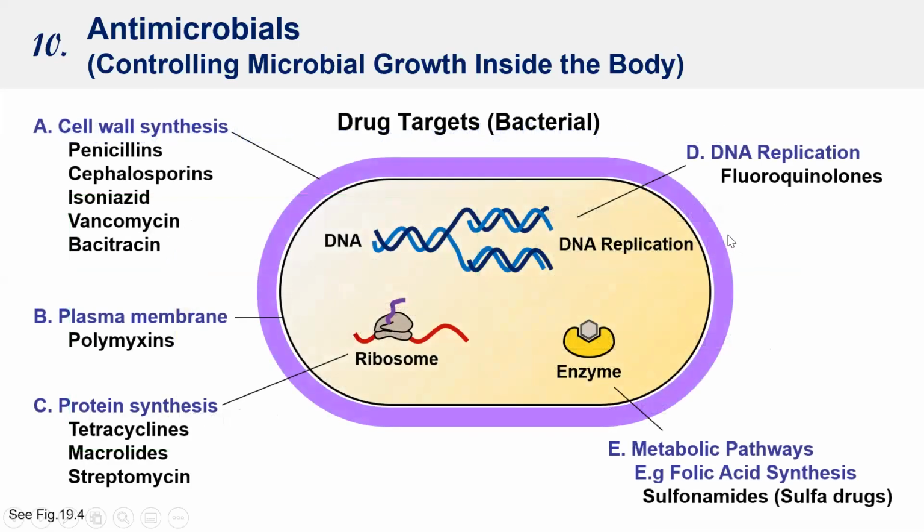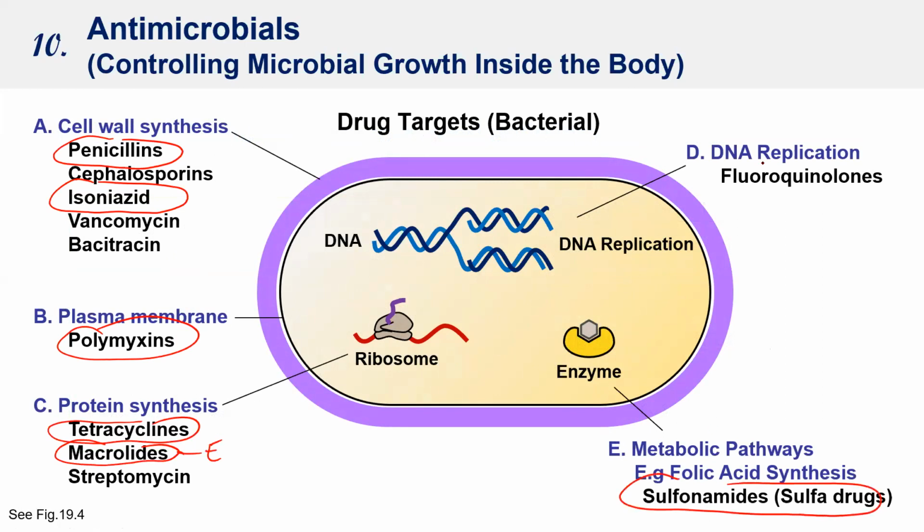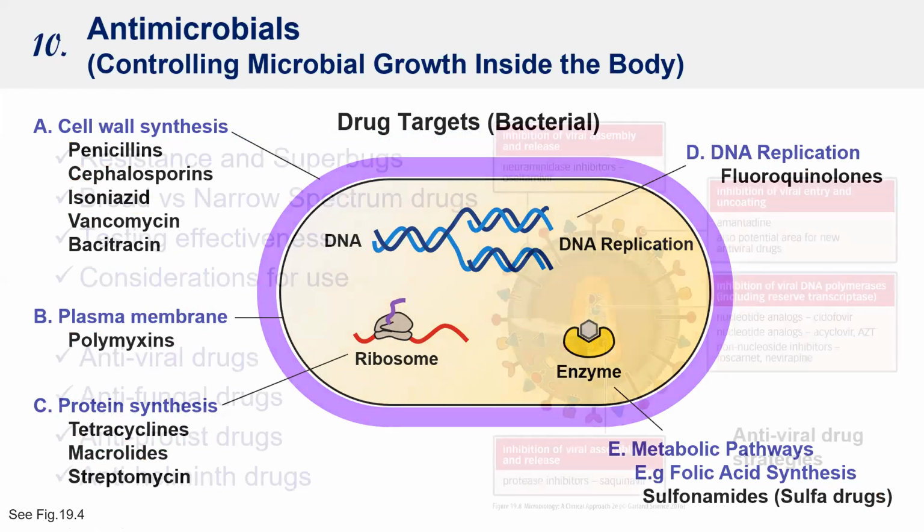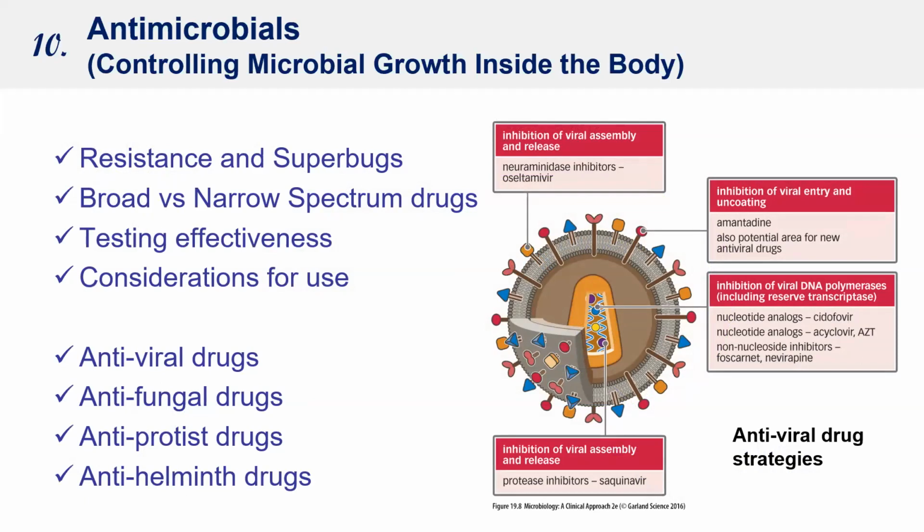There's our little picture of a bunch of the drug targets. So you can cross some of these off, or I'll circle them, right? So we've got penicillins, isoniazid, polymyxins. We have macrolides and tetracyclines. Macrolides, that's erythromycin. And we have the sulfonamides and the fluoroquinolones, of which Cipro is one of the more importantly prescribed ones of recent. So there's a picture talking about